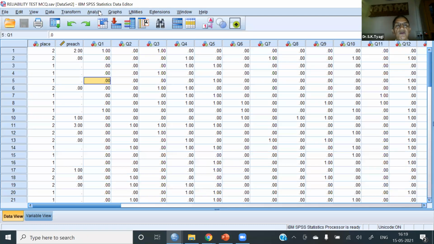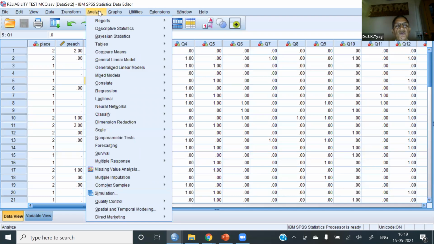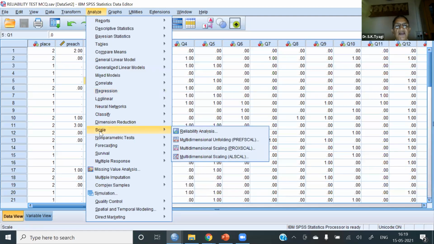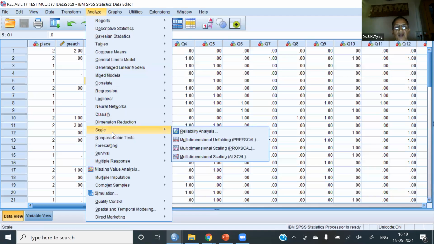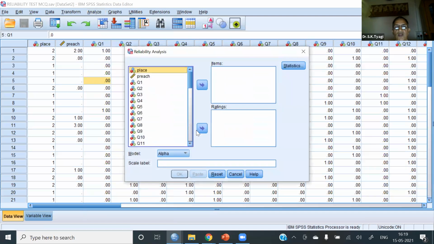For this, we have to go to Analyze, Scale, Reliability Analysis. Now here put the items. If you want to calculate difficulty value of all the items, we can put all the items here.